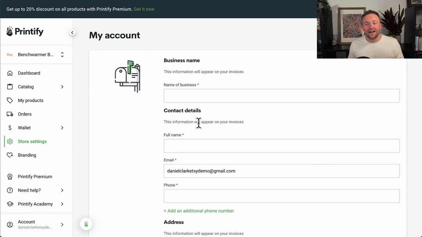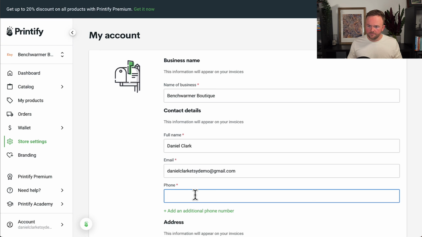And in here, it's going to ask for some additional information. Now, it's important that you enter this information accurately because this is the information that will show up on your Printify invoices. So the invoices that Printify will create for you on a monthly basis for all of the expenses that you've been charged. So I'm going to name this business. Again, it's our bench warmer boutique. My name is Daniel Clark. And my phone number